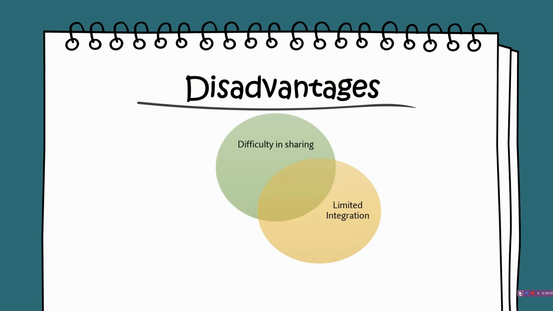Next one is limited integration. Students are not given the freedom to organize their study material and manage deadlines with Google Classroom. The reason behind this is that Google Classroom is not integrated with Google or even any other calendar. Next is account management. One of the drawbacks of this mechanism is that multiple domains cannot access it. A personal Gmail account cannot be used to log in. This creates a hassle for students as they have to be logged in Google Apps for education.